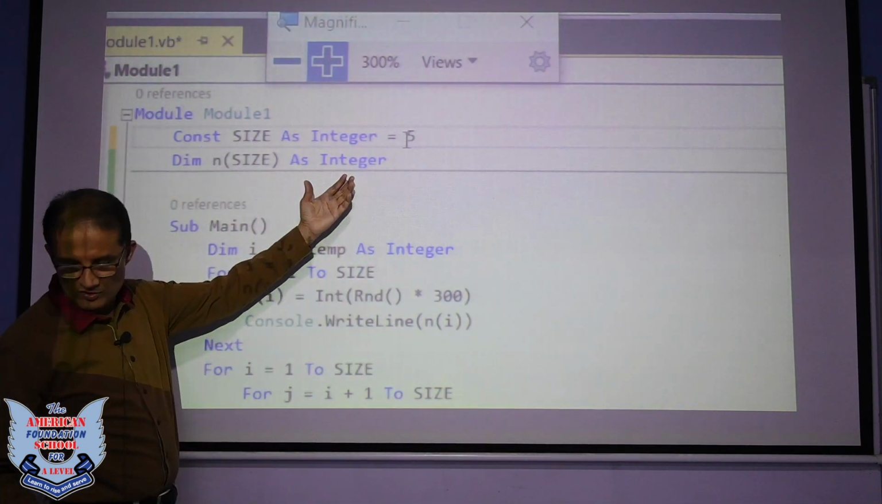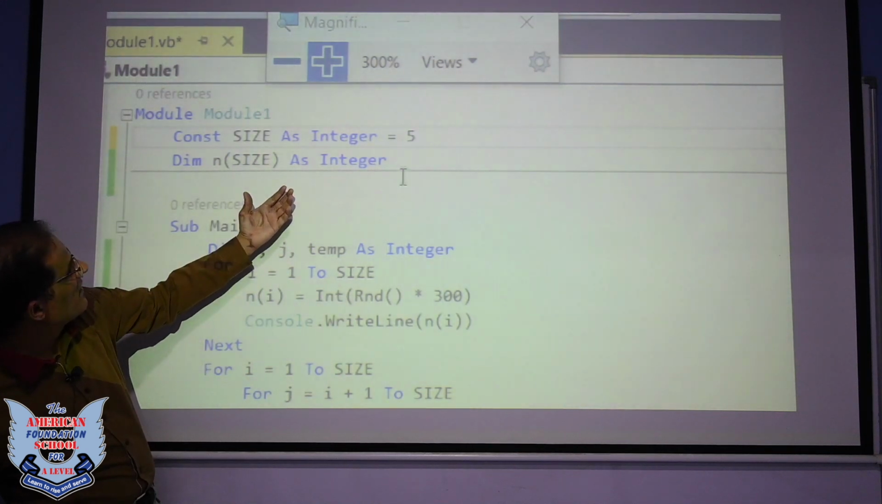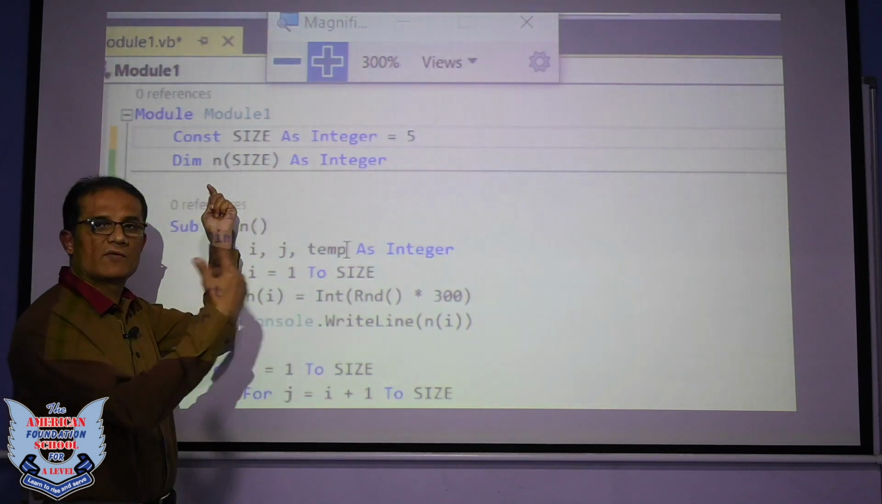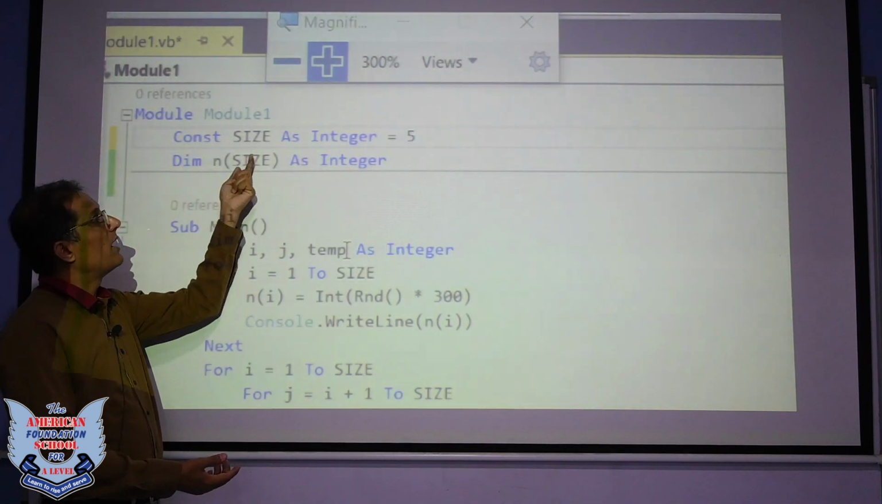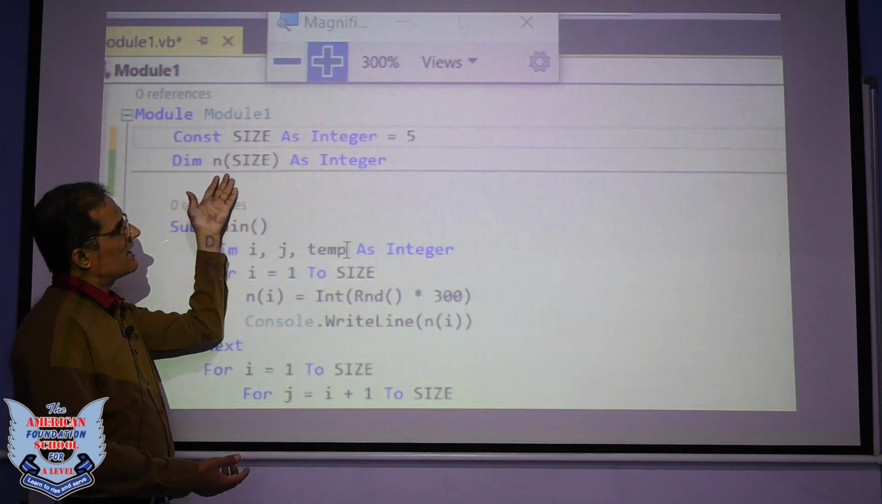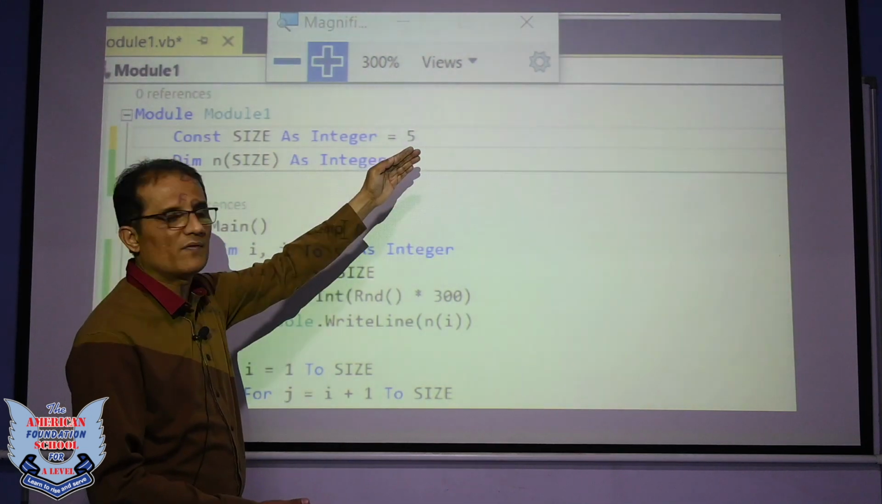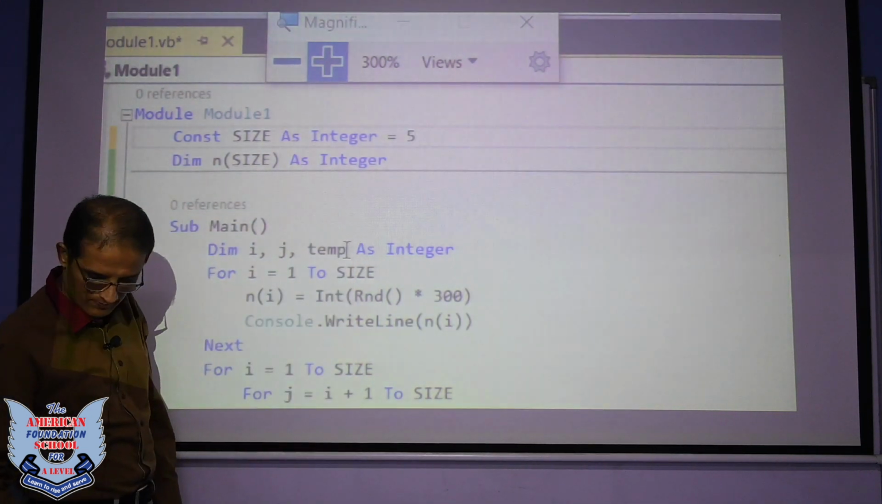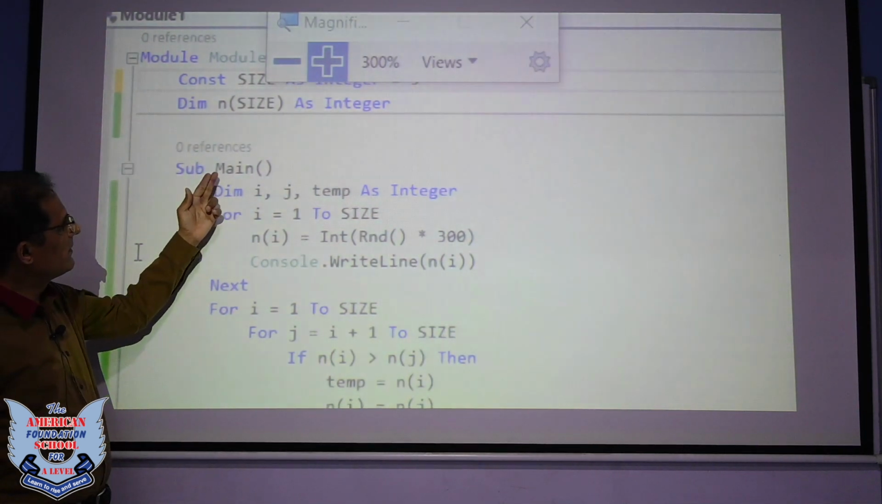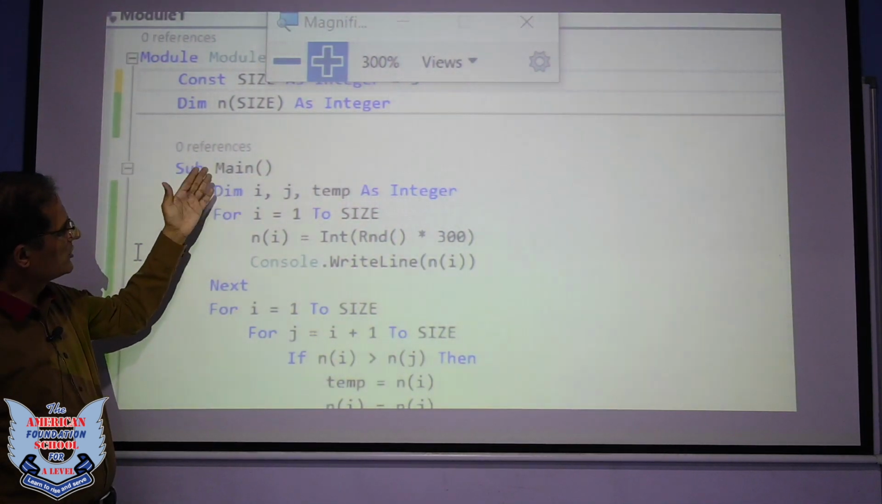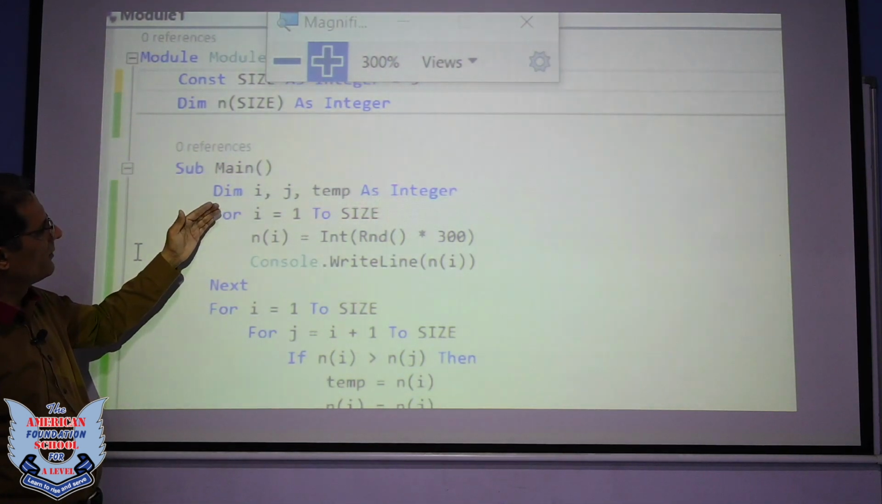So right now the size of the array is 5, and as I gave you that example, my array has been labeled as n, and we're saying size. That means this array will have room for 5 values, and they will be of integer type. After that we are saying Sub Main,